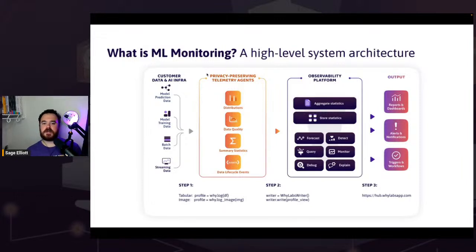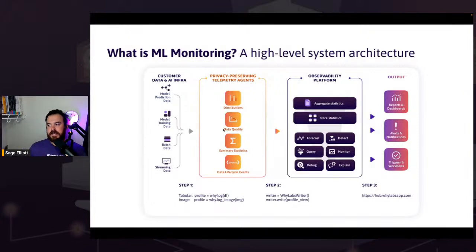All right, so at a high level, you'll have an architecture something like this, where you have your pipeline. This would be where you're running a machine learning model. You might be doing transforms on your data and making predictions. Then we're going to be using, in this case, YLogs to collect some telemetry. YLogs does this in a privacy-preserving way where we just collect summary statistics about your data set. So no raw data actually leaves your system in this case. This kind of lives in the pipeline over here.